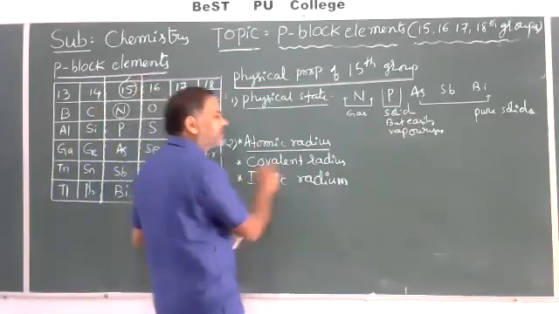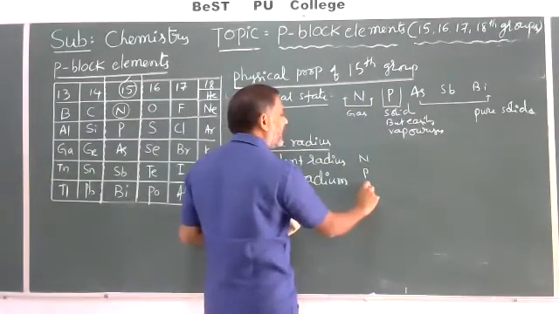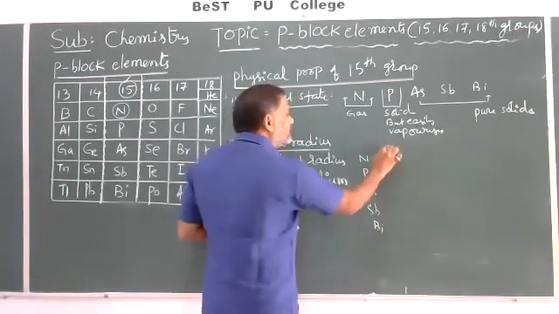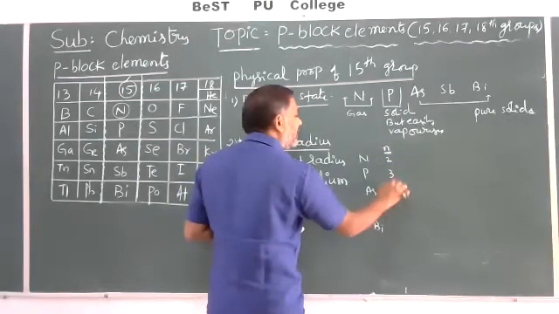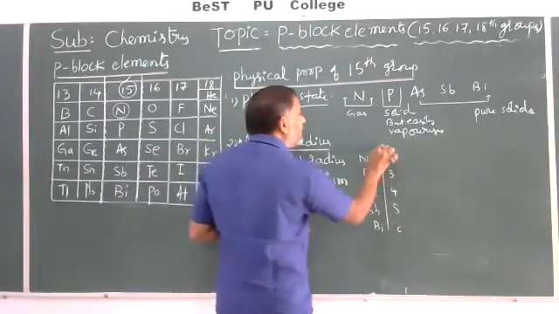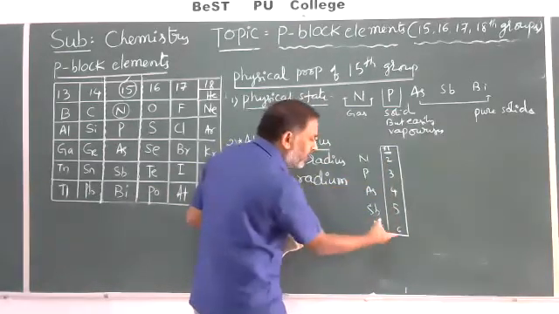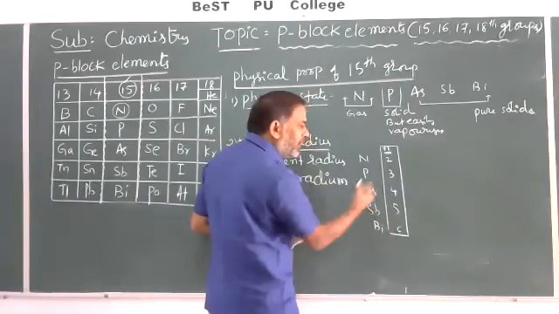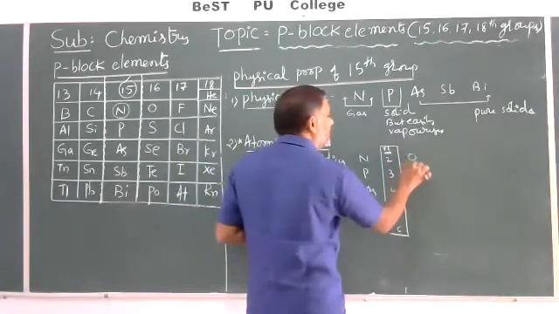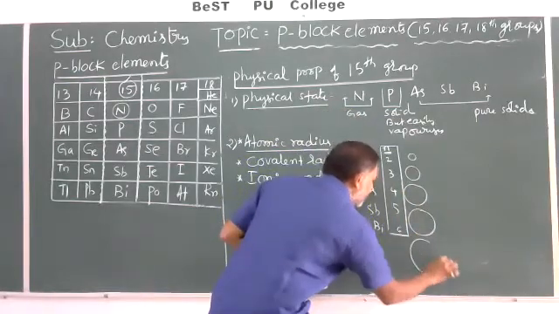Looking at the covalent radius for nitrogen, phosphorus, arsenic, antimony and bismuth, the value of n is the energy level: 2, 3, 4, 5 and 6. Top to bottom, the energy level increases. While writing the electronic configuration, we get this energy level. Top to bottom energy level increase means a newly added electron enters into a new main energy level. That's why, top to bottom, its size generally increases.